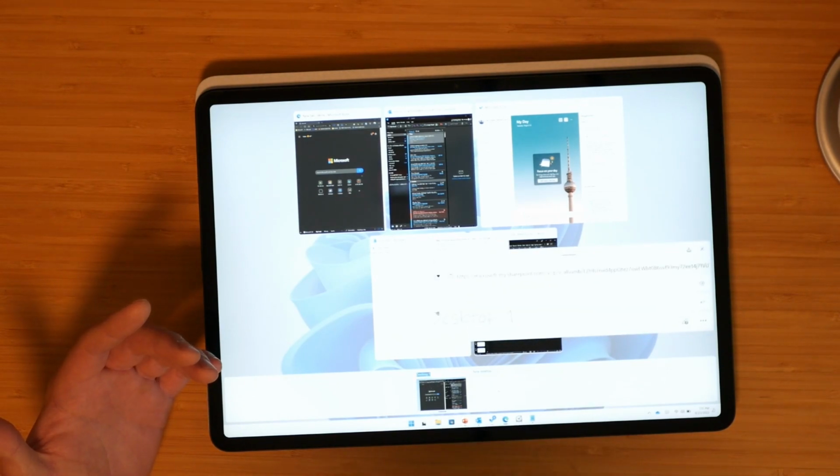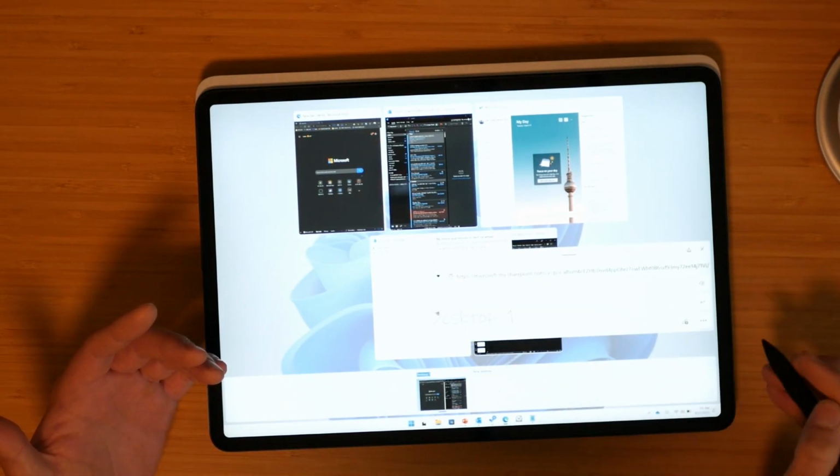Now, if I want to, I can even name this desktop. So I'm going to go ahead and use my Slim Pen. I'm going to write Work. Okay, Work. So desktop, you mean, if anyone out there doesn't know, you're naming this collection of windows that you've opened. You have your internet, your email, your whatever, and you have them exactly as you like it positioned, and you want to name that group. You're naming that desktop. That's your work stuff. Okay, that makes sense. Set or collection is a nice way to think of it.